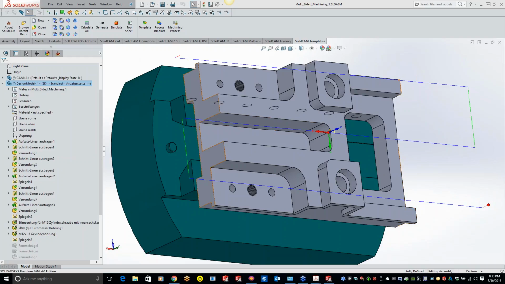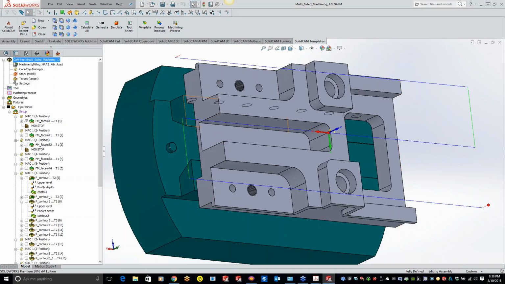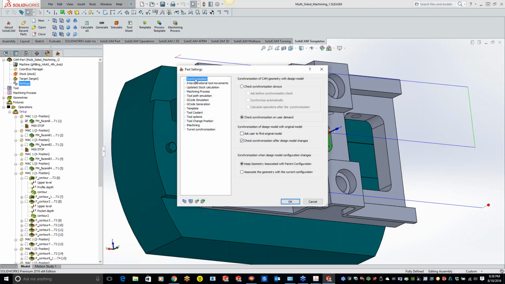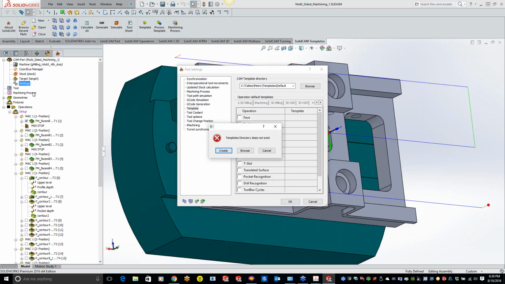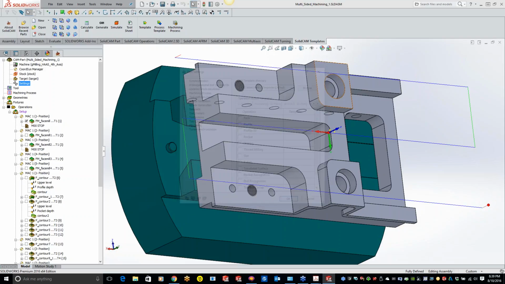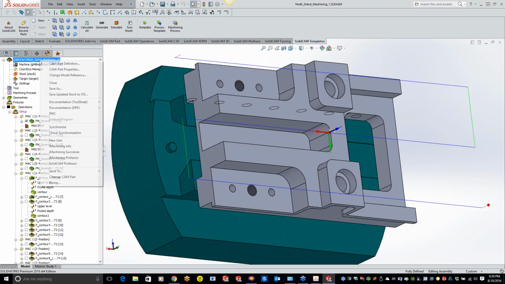Obviously he's talking about something that's changed and it's not updating automatically for him, and that could be due to settings in your SolidCAM settings right here for synchronization. You could have it on synchronization on user demand, so nothing will pop up until you right-click and do a synchronize up here, because it's set to manual mode.